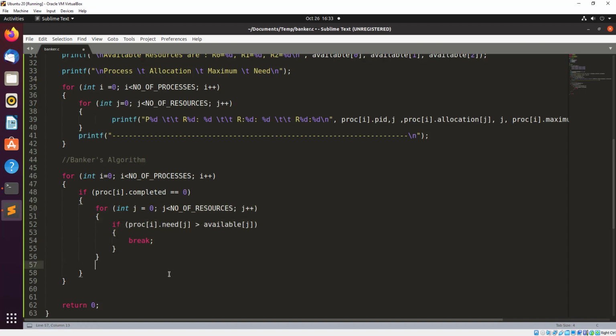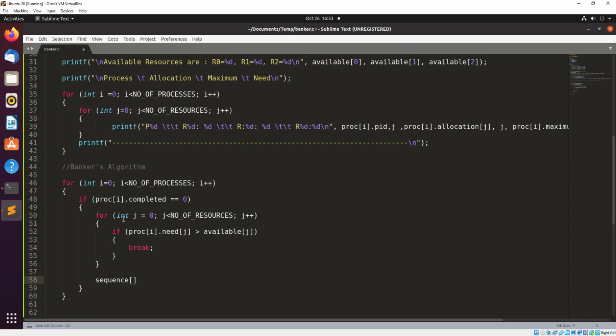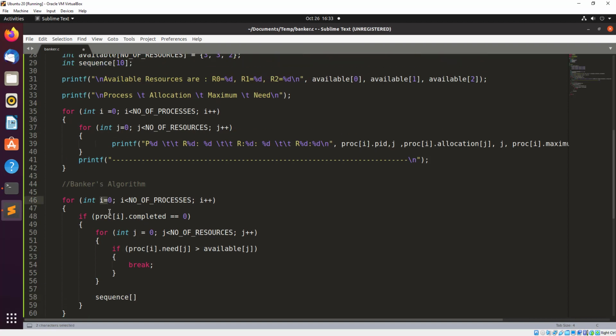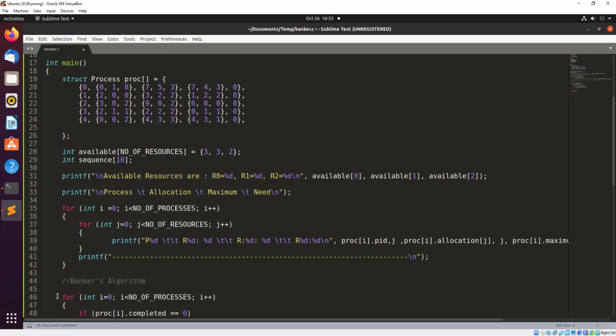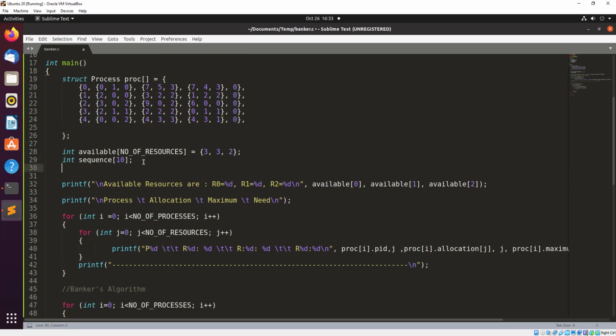If this is fine, then what we have to do over here is just add that process into this sequence. So process of... we need to have an index for this one, because we cannot use i, we cannot use j. i will increase with the number of increase in the processes, j will increase with the increase in the number of resources. So we need to have another, maybe somewhere outside, let's put it maybe an integer and an index for only this specific